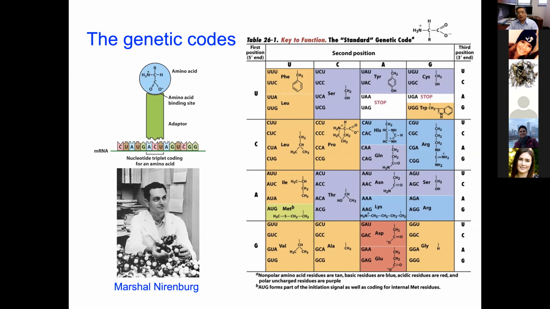One is the D loop, another one is the T psi C loop, and another one is the anticodon loop. This is the loop which actually recognizes the triplet codon on the messenger RNA. And then all of them have this acceptor stem, which you see